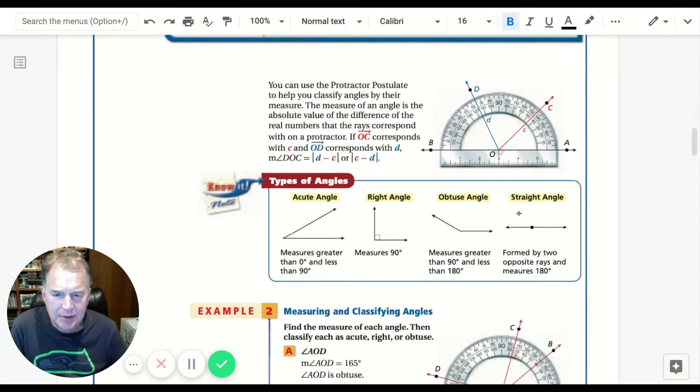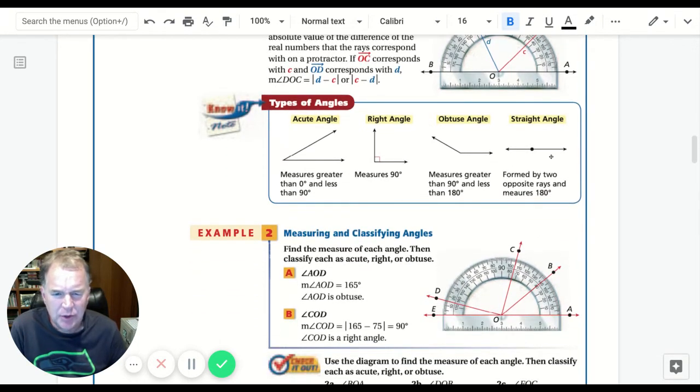Now you've talked about these before, I'm sure of that. Acute angle, less than 90. A right angle, 90. Obtuse is greater than 90, less than 180. And a straight angle is an angle that makes a straight line. Again, we usually use 3 points to name a straight angle. They didn't give us 3 points here. But if I had an A, B, and a C, I could say the measure of angle ABC